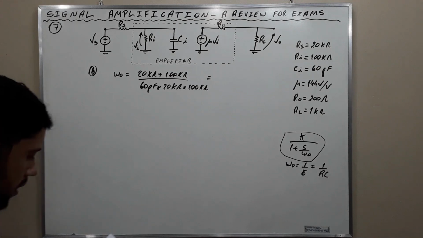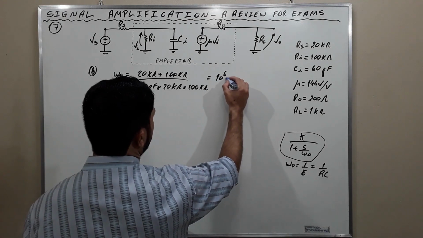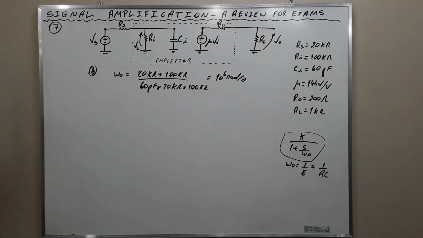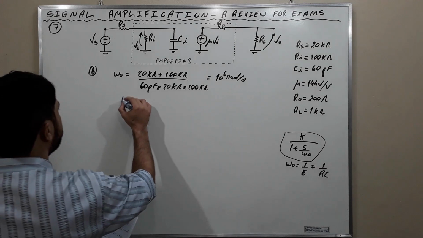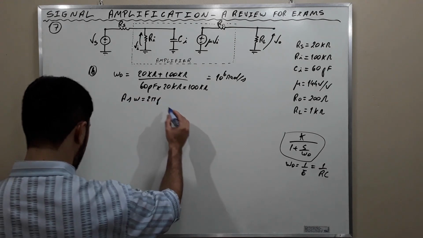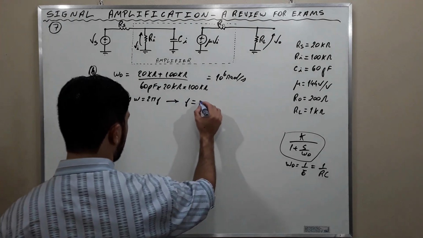Okay, and this is 10 to the 6th radians per second. And as W is equal to 2 pi times F, we find that the frequency in Hertz is